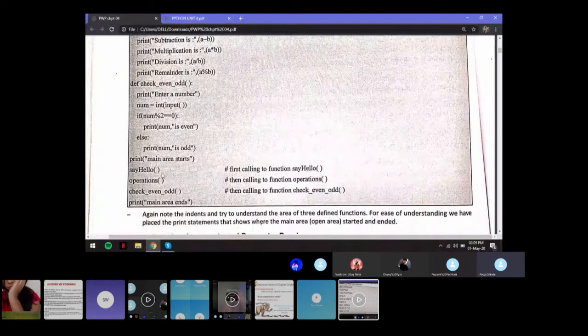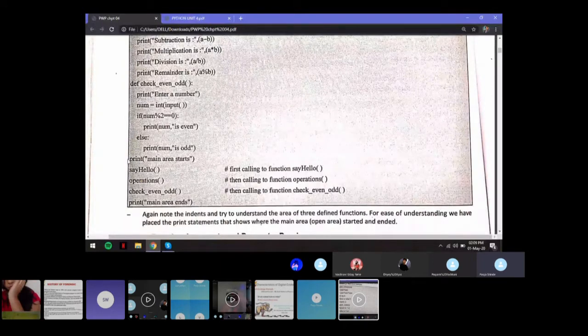For that again you're taking a number as input and then calculating whether it is even or odd.